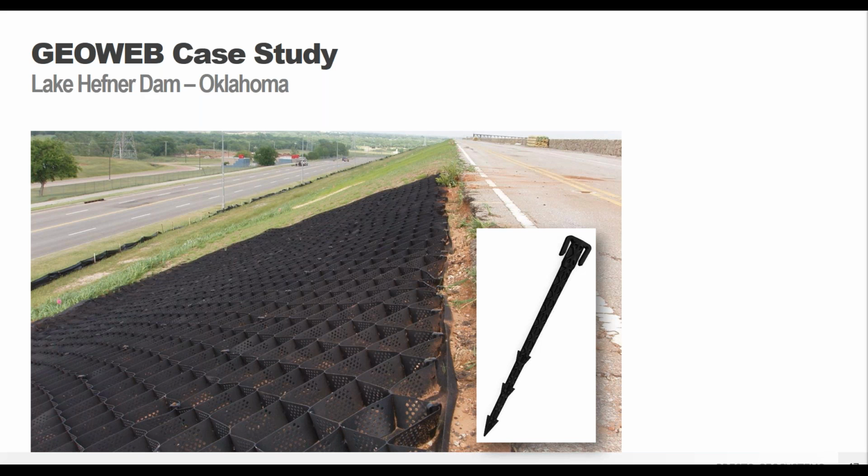And they chose to use the ATRA stakes for this slope. This was a 2-to-1 slope, so they were able to use stakes, able to go in pretty quickly. I don't know how well you can see it, but you can see the top edge of the stakes holding it in place if you look really closely in that photo. Those stakes are going to hold the panels and the soil in place to prevent sliding or slumping of the soil.